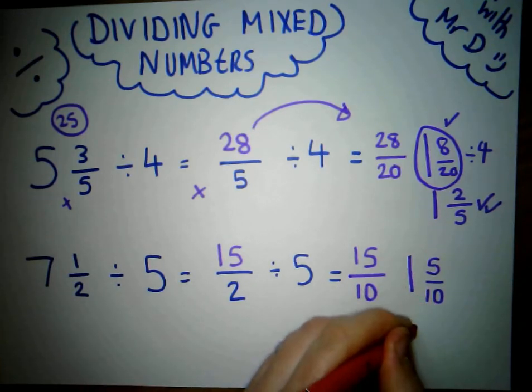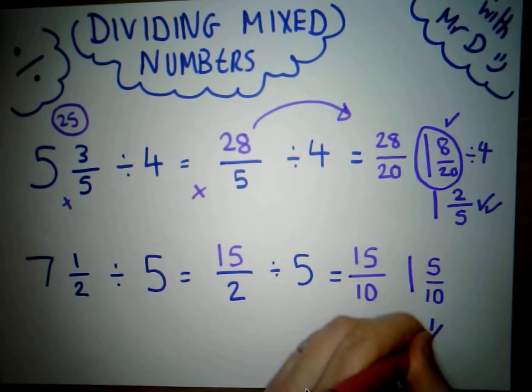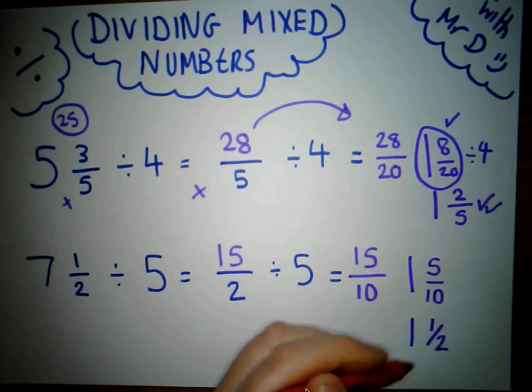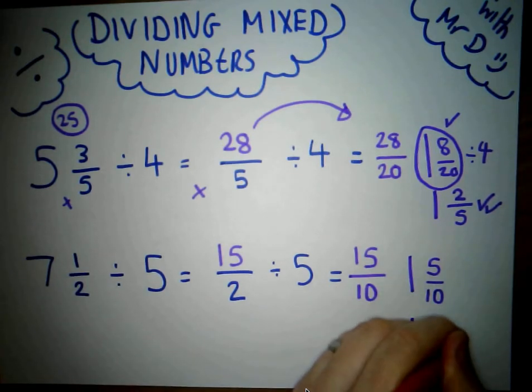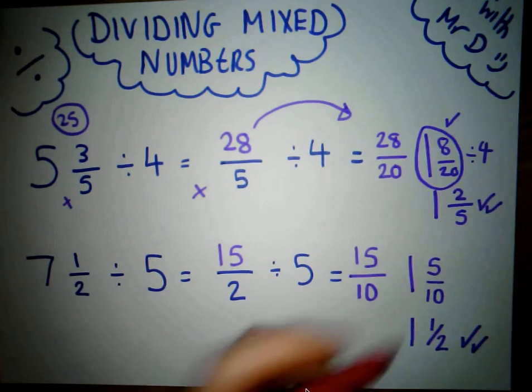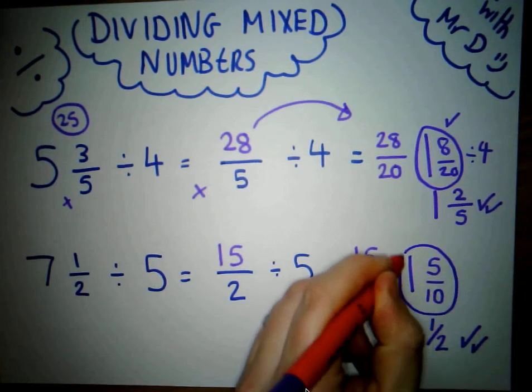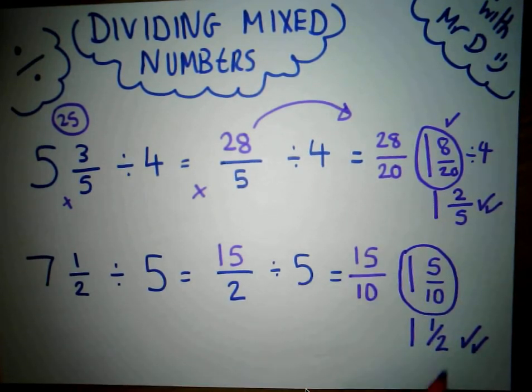So our actual answer is 1 and a half because they both divided by 5. 5 divided by 5 was 1, 10 divided by 5 was 2. So we've got the correct answer. Remember, you can leave it at this stage, but if it asks for it in its simplest form, this is the correct